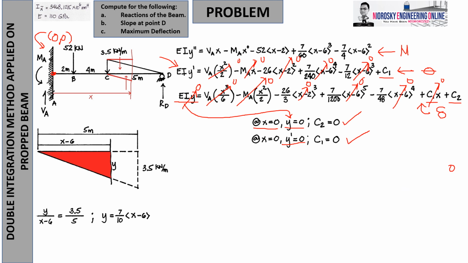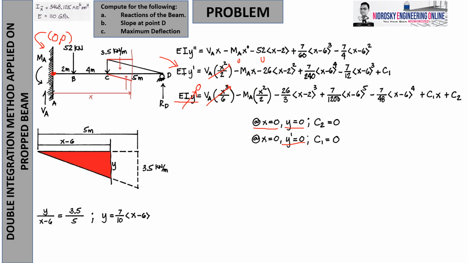Now, as we proceed, of course, eliminated na yung value na C1 and C2. So, next thing to do is to get the value of the shear and MA, kasi you cannot compute the deflection, the moment, and the slope kapag walang value ang shear and MA natin. So, there should be a value before computation. So, next is to investigate further yung another support at point D. Tingnan natin to, yung support at D, which is a roller support. Again, the property of the roller support: deflection is 0,